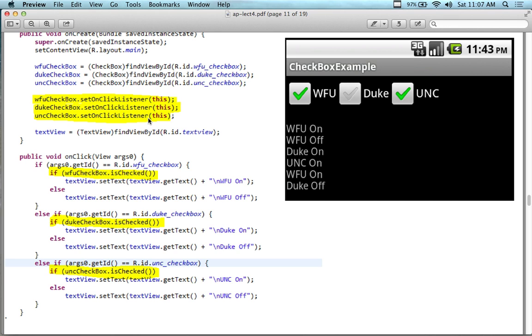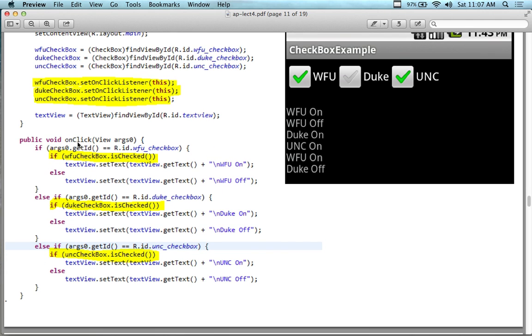So you can do the same thing with buttons, by the way. And then we check the ID to see which button was selected. Well, here's which checkbox was selected. So here on the on-click listener, and it's just one on-click listener, by the way. On the on-click listener, because I've seen this done differently